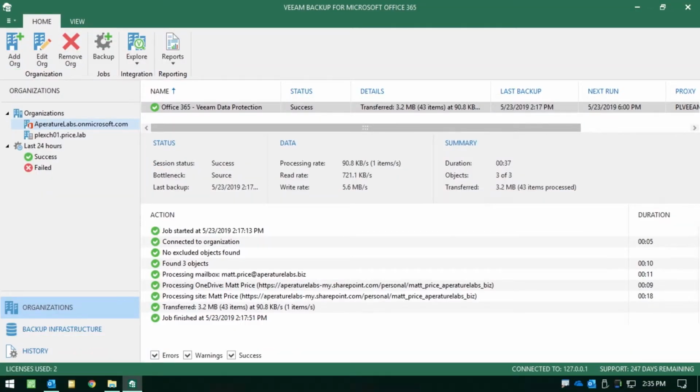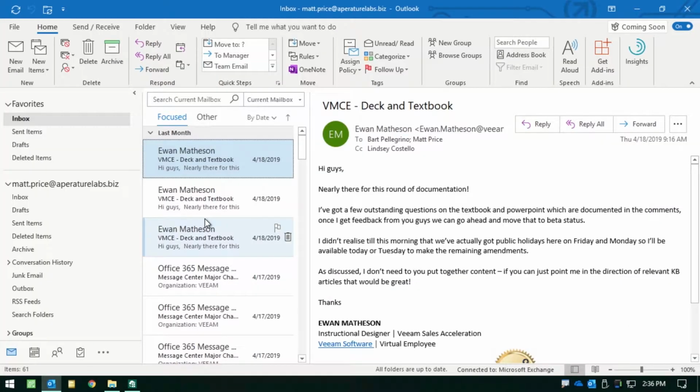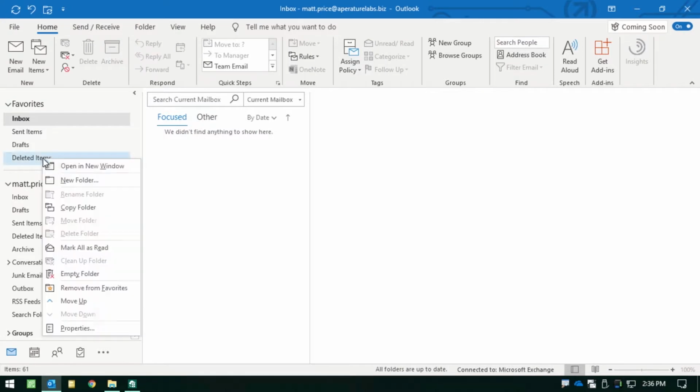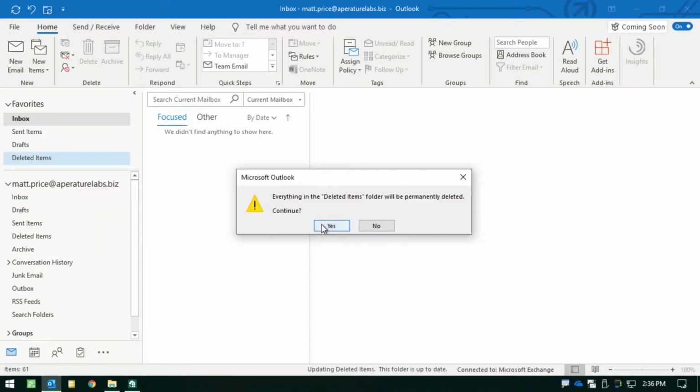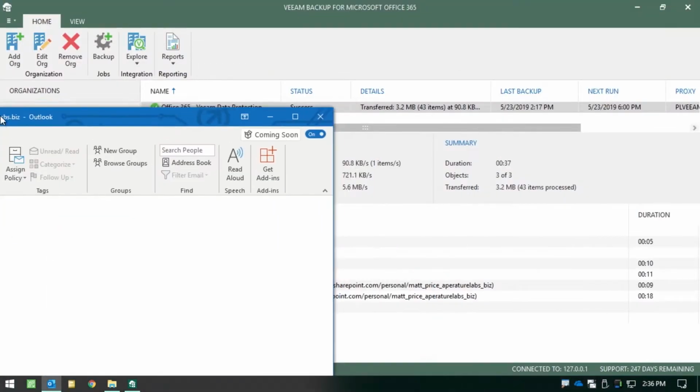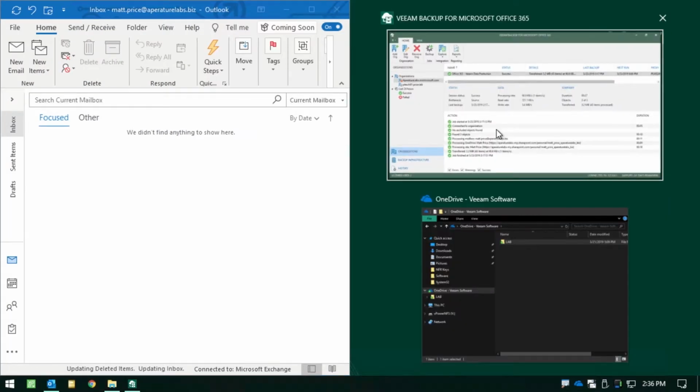Now that we're in the lab, let me give you a brief tour of exactly how easy the solution is to use. The first example we'll look at is an email deletion and restoration, whether it was an accidental deletion or maybe a misplaced item. To show you this, we'll open up the Outlook client. We will delete all the email in my inbox, as well as purge our deleted items folder. Now, to get the full effect, I'm going to dock the Outlook client on the left, and what we're going